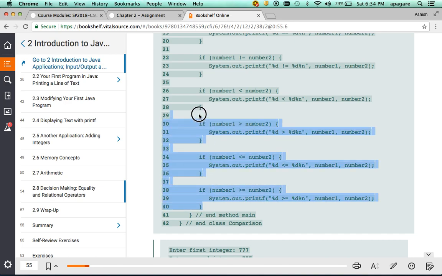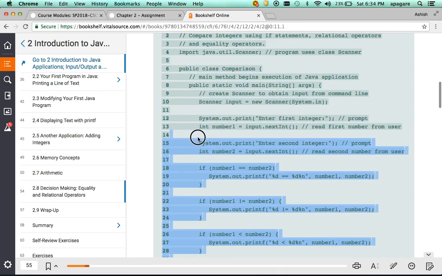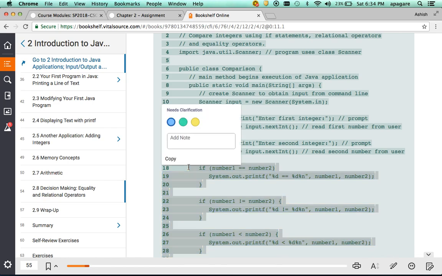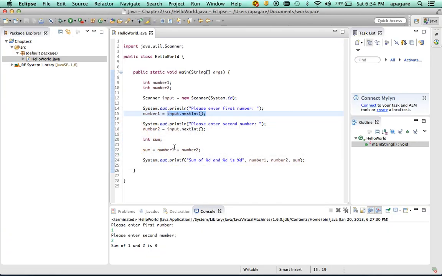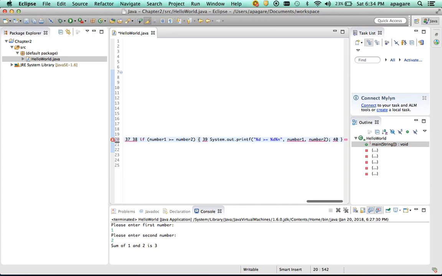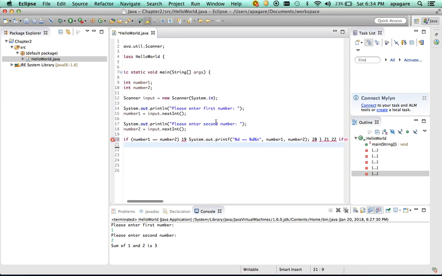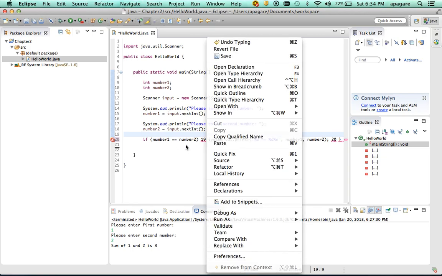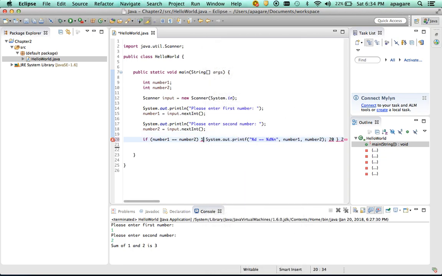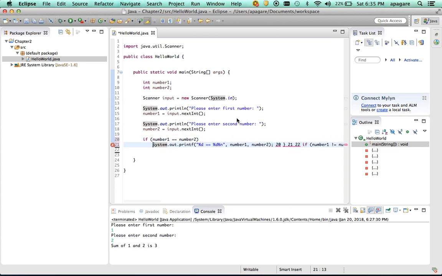So basically these lines that you see here, I can practically copy, and I have two numbers that I'm asking the user to enter. Obviously I will have to make some modifications, but literally, if there are two numbers that we are asking from the user, then we have, if the two numbers are same,